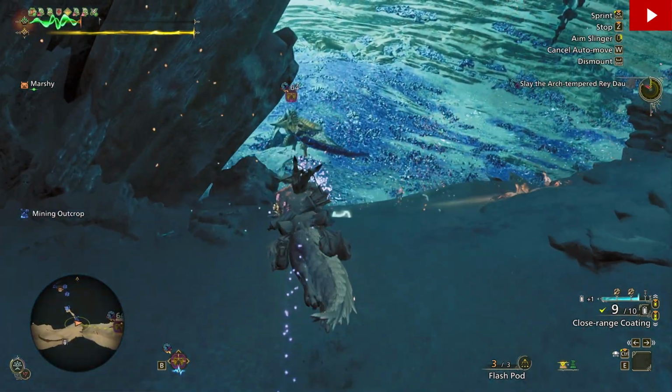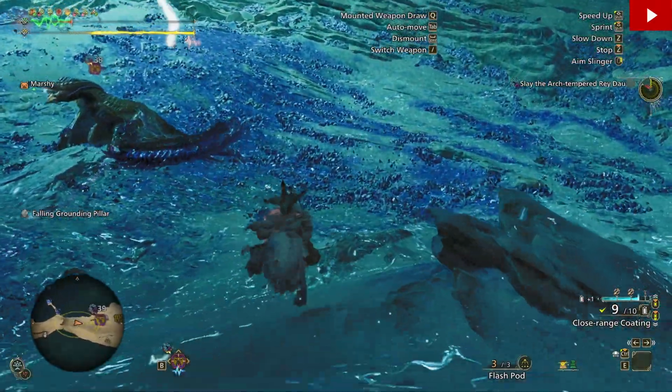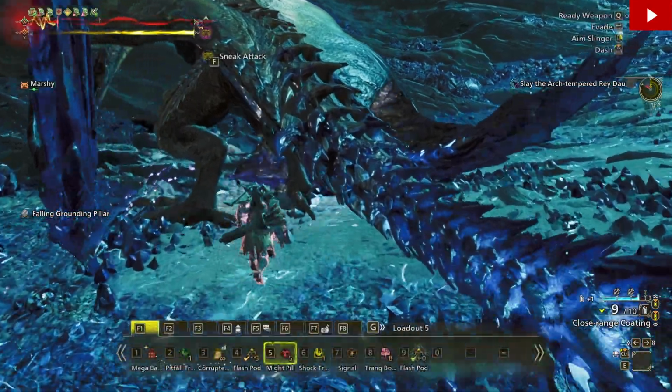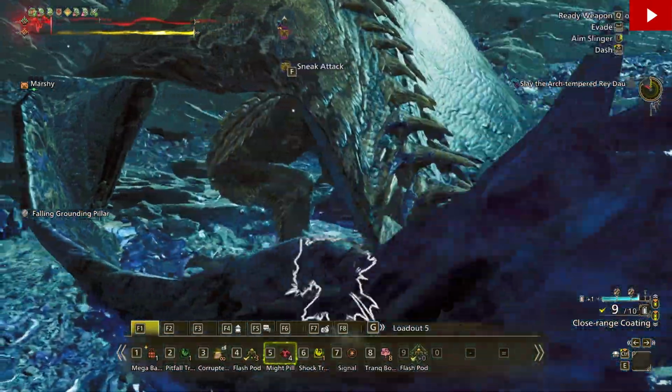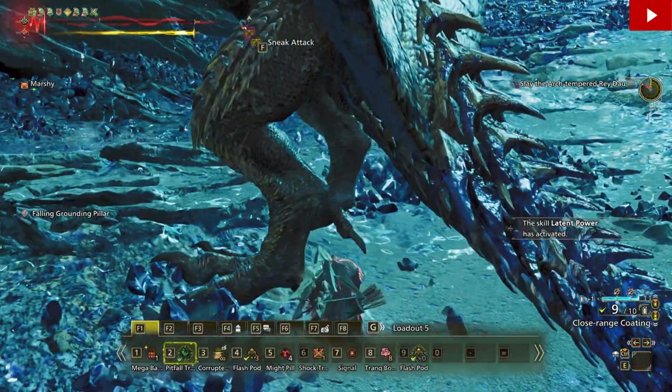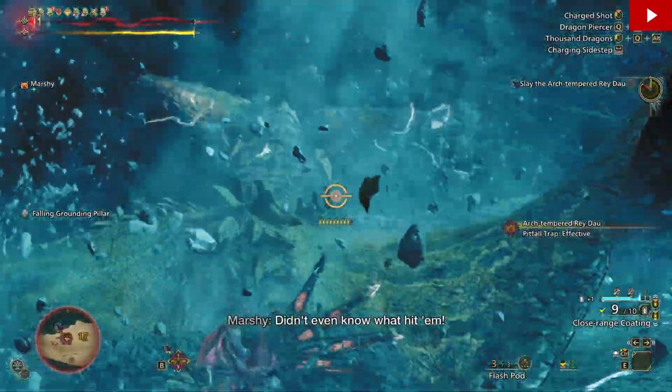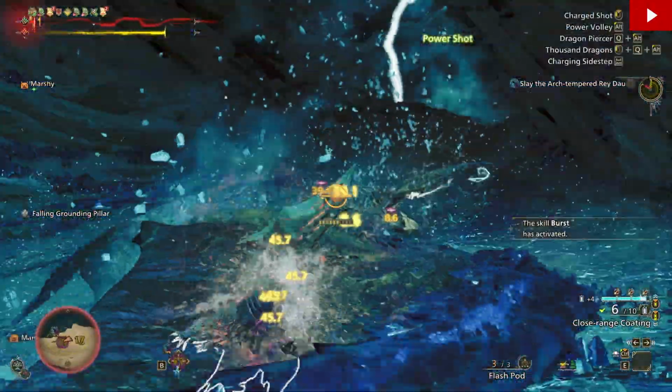So there's a number of ways of opening with Heroics, so I'm going to open with a Pit Trap here. So I get off here and I pop a Might Pill and a Pitfall Trap, and the timing works out just right to activate Heroics. So I start the fight with a Sneak Attack, and then he gets trapped immediately, and I can get off